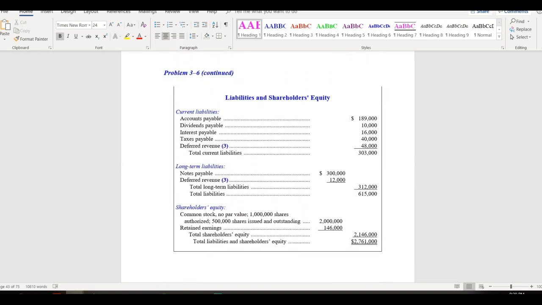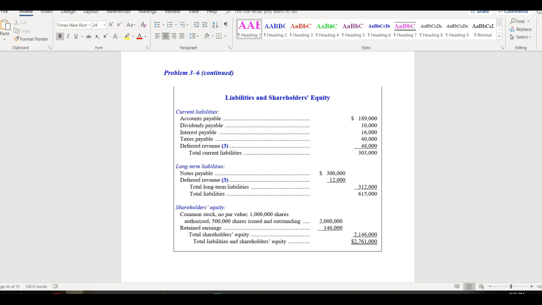So that's how we're splitting that up there in the deferred revenue. So our current liabilities of $303,000. Then under our long-term liabilities, we'll have the notes payable of $300,000, the deferred revenue for the long-term portion of $12,000, to come up with our total long-term liabilities, $312,000,